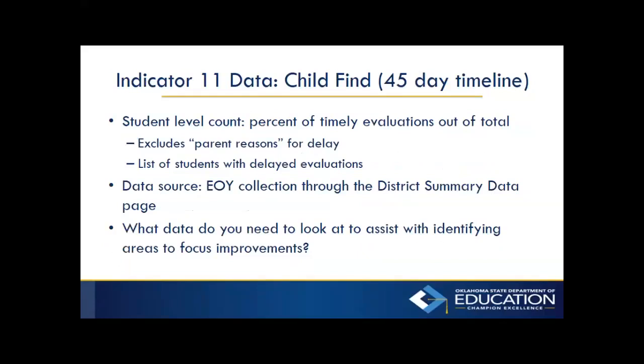We know that it's a pretty strict requirement federally. The indicators we're looking at are 4, 9, 10, 11, 12, and 13. The 100% compliance requirement is a very strict requirement. We know that some districts have difficulty meeting this because of large number of students, different factors in your districts. We understand that, but we are required federally to check each instance of non-compliance and to make a finding on that, okay?